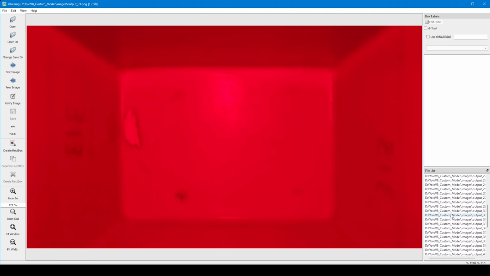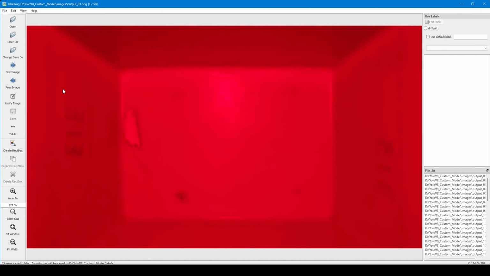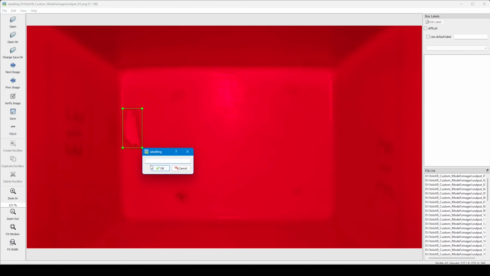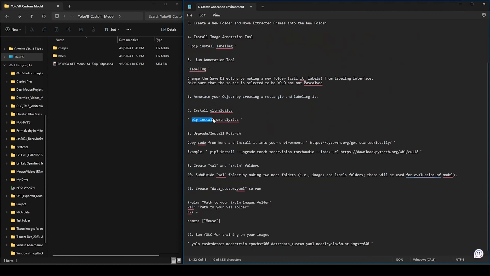And before I move on, let's save this directory and let's save it into a new folder. And that folder is going to be called Labels, and this is where all the annotations are going to be saved. Make sure you have this set as YOLO, and you can make your annotations using this rectangular tool. Alright, after you're finished annotating your data, just make sure that your data is there, save it and close it,